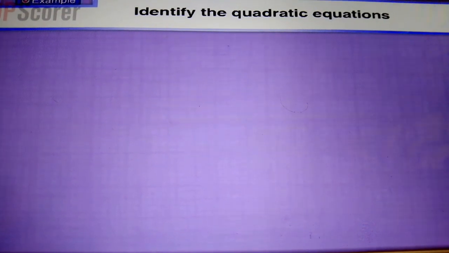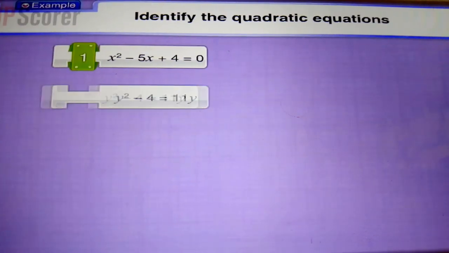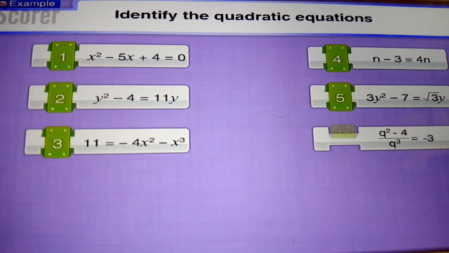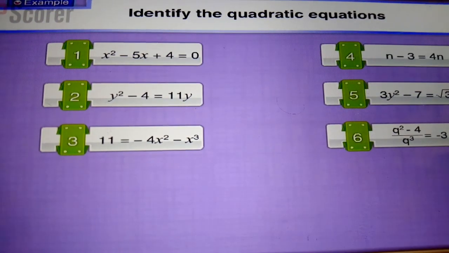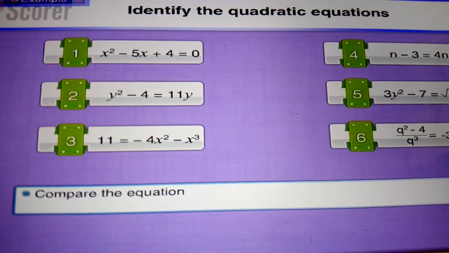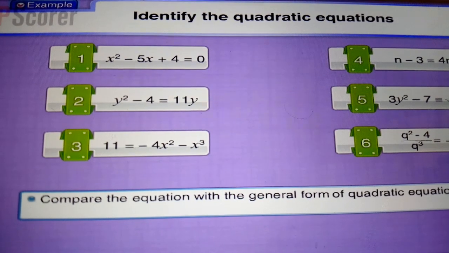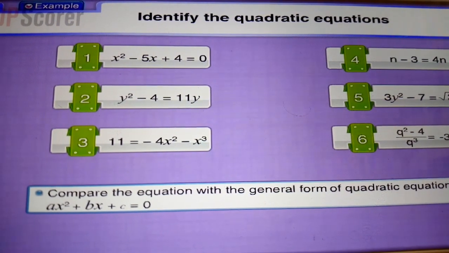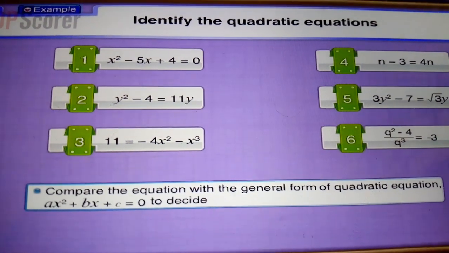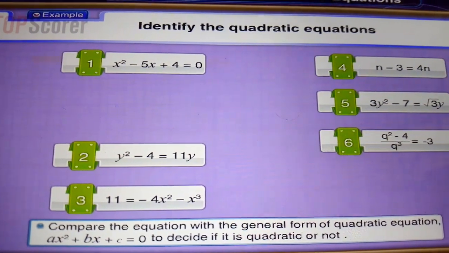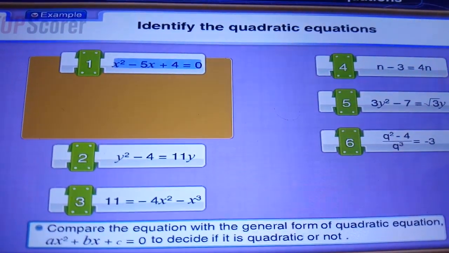We will now learn to identify quadratic equations. How do we decide whether the given equations are quadratic or not? We will have to compare the equation with the general form of quadratic equation ax square plus bx plus c equal to 0 to decide if it is quadratic or not. Consider the first equation, x square minus 5x